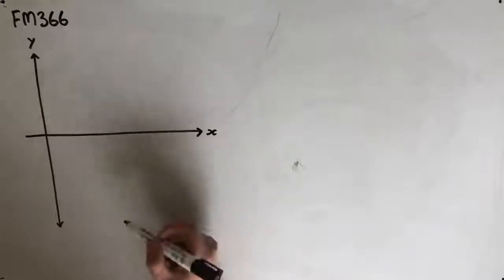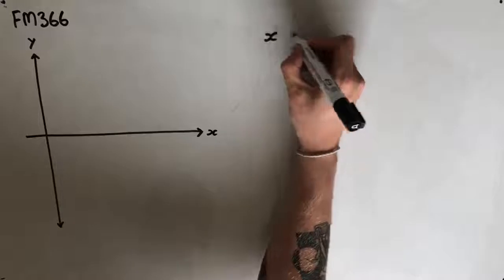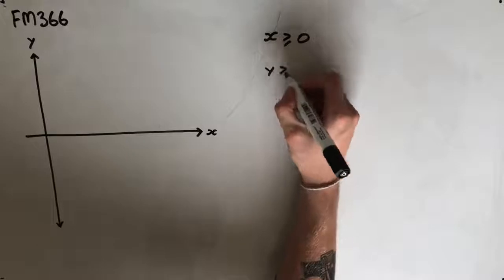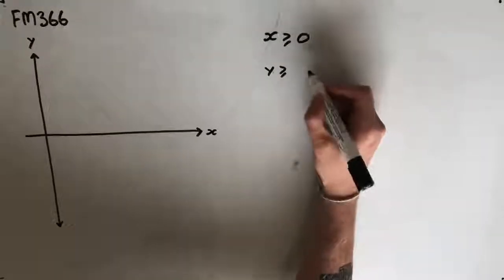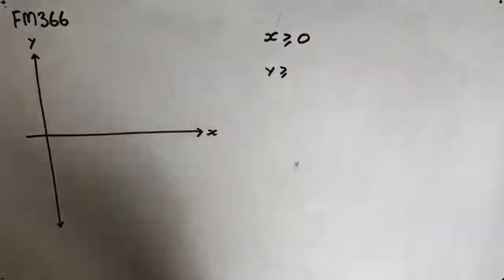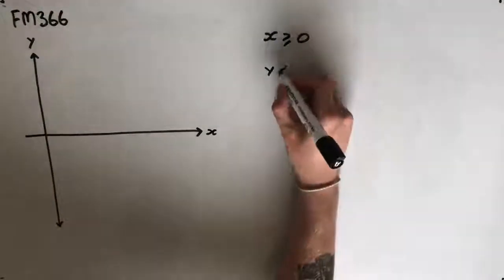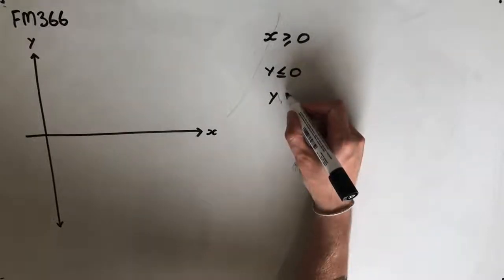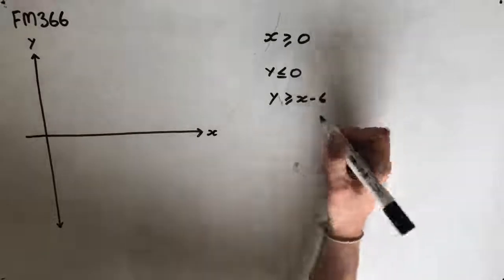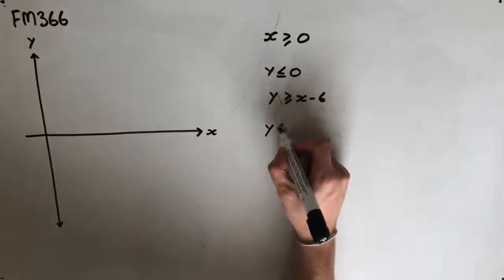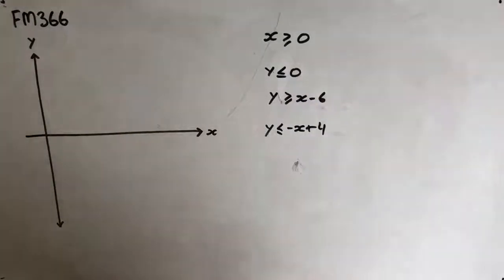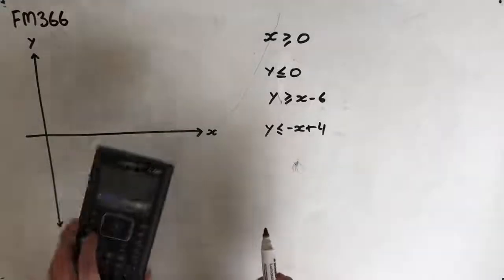So what we're going to start off by doing, I might even just write these inequalities down. So we've got x is greater than or equal to 0, y is less than or equal to 0, y is greater than or equal to x minus 6, and y is less than or equal to negative x plus 4. Awesome. So what we would do is grab our calculator, and we're going to want to go into